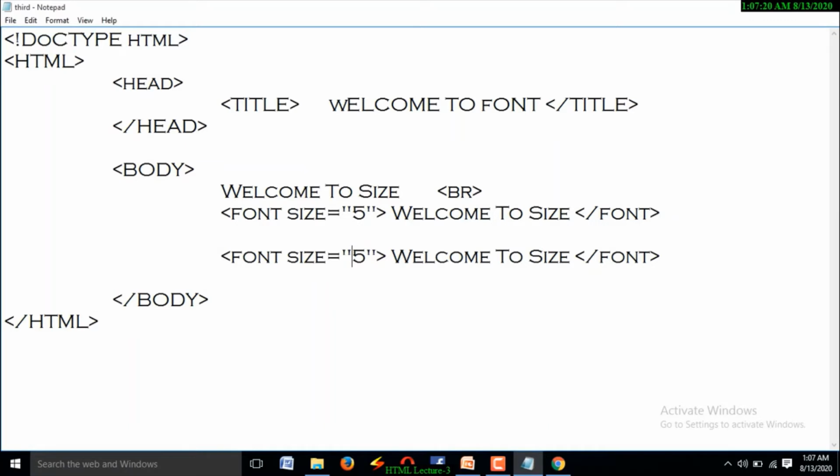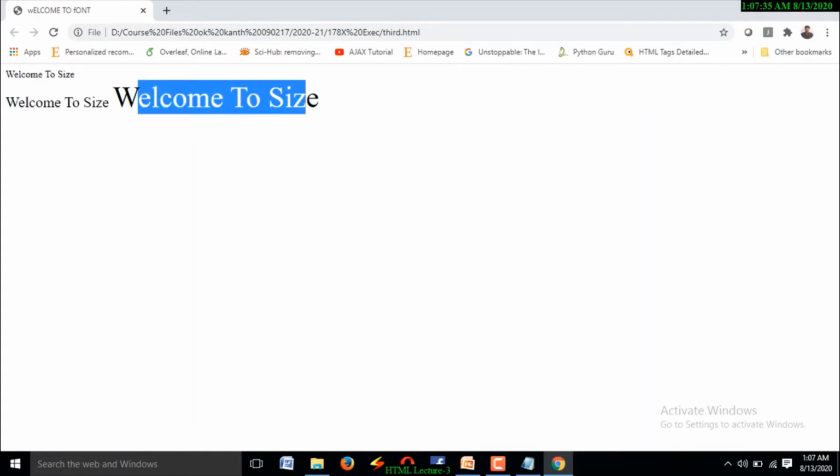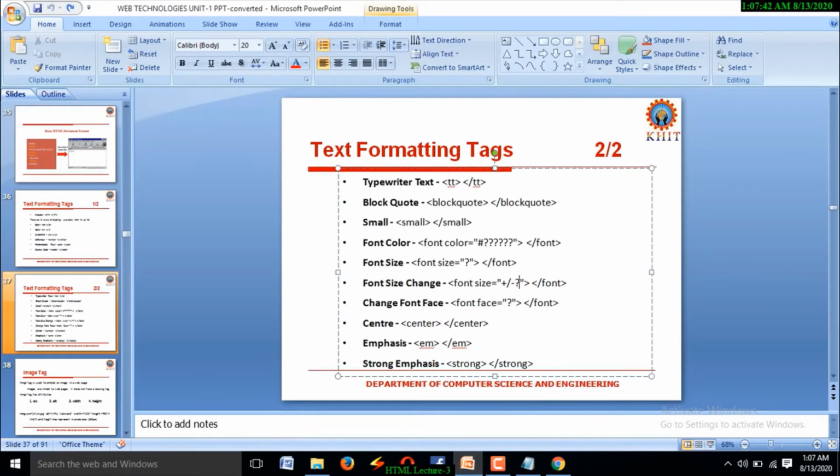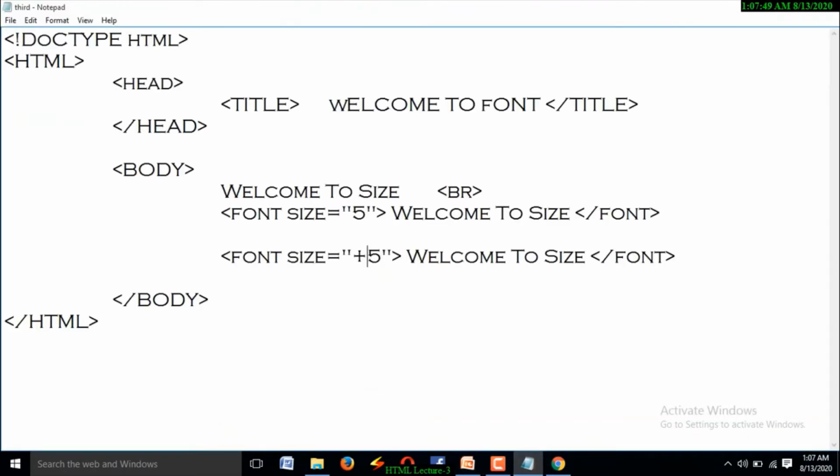Now I would like to increase it by another 5. Observe the difference. See, this is normal text, and this is 5 plus 5, 10 pixel text. Observe the difference, right? Suppose you want to decrease the font size, you can,